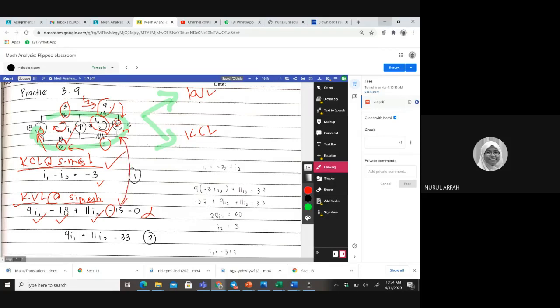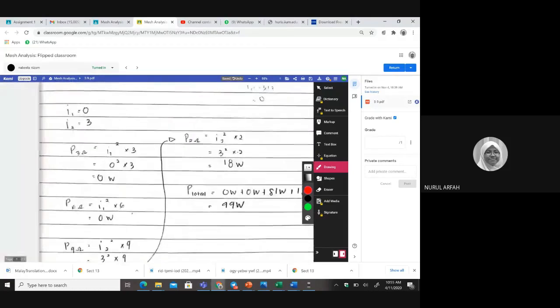So tak apa, ni betul. Kalau refer to this, tapi yang ni salah lah. This part, this is wrong. So okay, I will put this one as correct. So you get the full mark. This one 1.5, this one 1.5, and the figure here is supposed to be 1.5, tapi because you don't have the boundary for super mesh, I will put maybe 1. But sometimes I will be very generous. Just full mark because your equation is correct, and I know that you intend to do super mesh. So still, you get a correct answer.